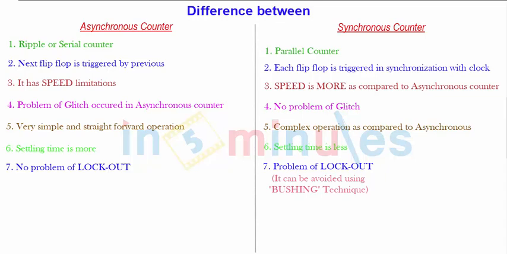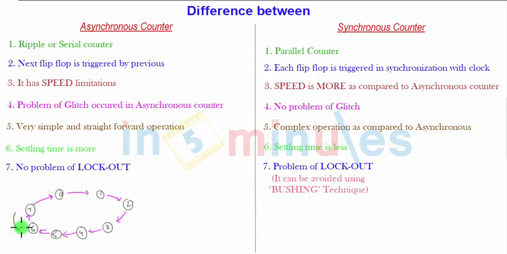Now what is the problem of lockout, you will come to know when I draw the diagram here. So let us consider an asynchronous counter. For the asynchronous counter, I will consider a 3-bit asynchronous counter or 3-bit serial counter. So 3 bits are there, therefore positions will be 0 to 7, and this can count in serial order, the up manner, also called an up counter, which goes from 0, 1, 2, 3, 4 to 5 to 6 to 7 to 0, or it may count in the down manner.